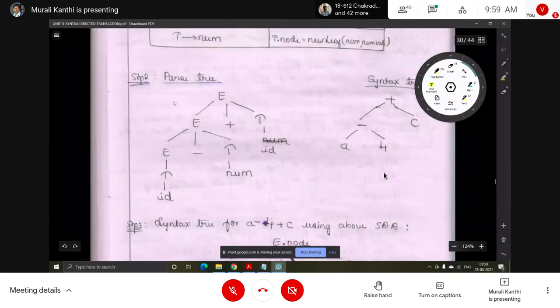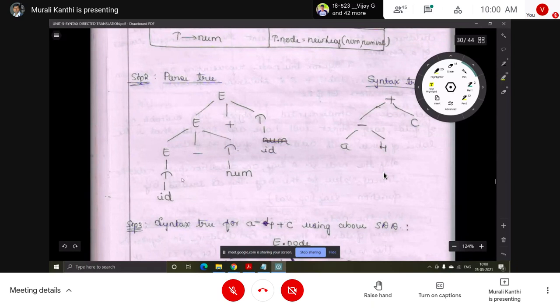Okay, the parse tree, you have already seen. Then this one is the corresponding syntax tree. So plus is taken and minus is taken. Left child is a and right child is 4. Why? Left child is an identifier, directly the identifier will be taken, so id. Then the right child is a number. Now this is the left side of this plus and the right side of plus is an identifier. Then these are removed.